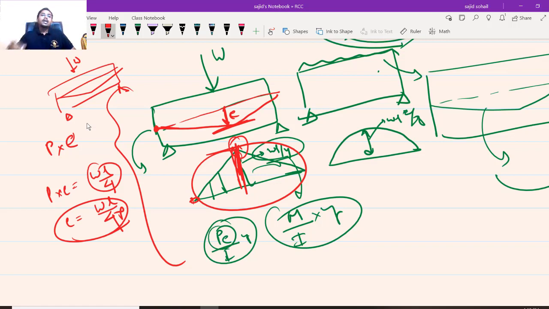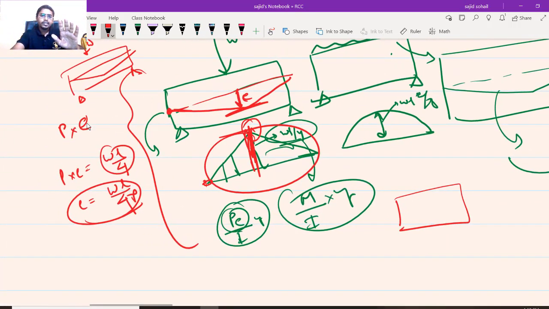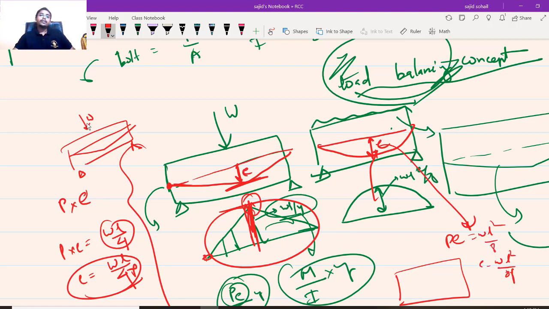Is the concept understood? See, this concept is quite different from the load balancing concept, which I will teach you later on, but I am showing you how you can balance the load. I will teach the textbook notation of the load balancing concept, which will be a little different. But I hope you are understanding the concept in easy language, right? Similarly, for a UDL you will provide your tendon in the same way as the bending moment diagram. Here you will have eccentricity, and for the best results, PE is equal to WL square by 8, so E is equal to WL square by 8P. Okay, so this is not the exact concept. I'm just giving you a rough knowledge.